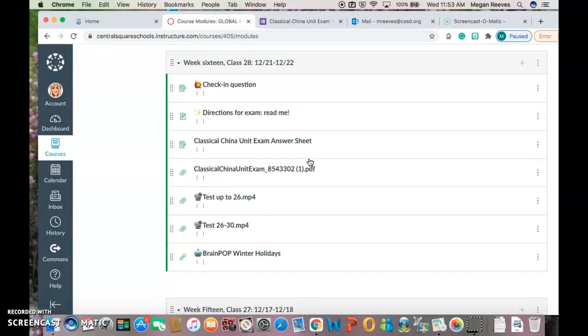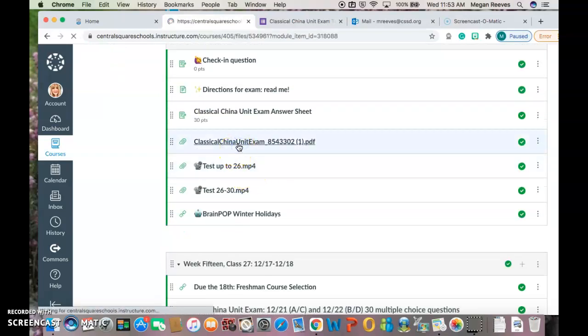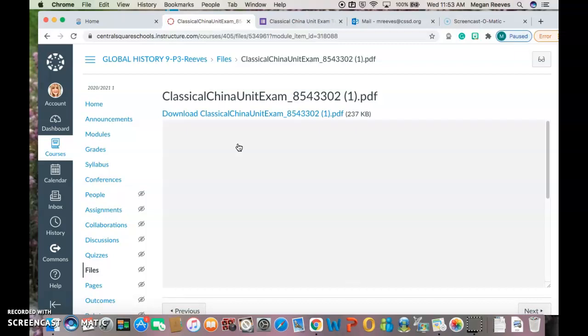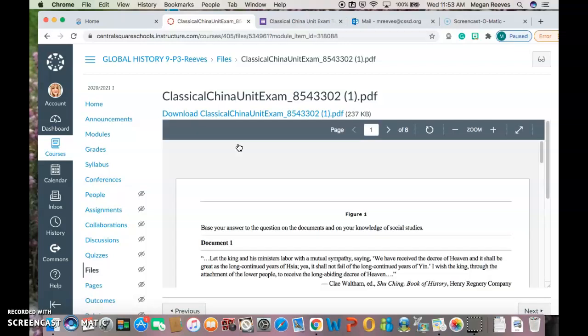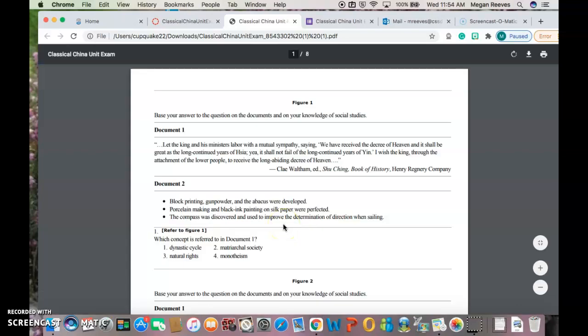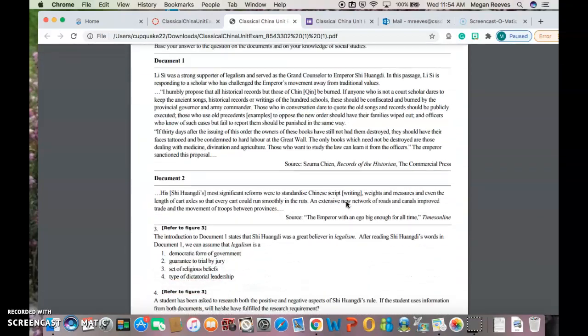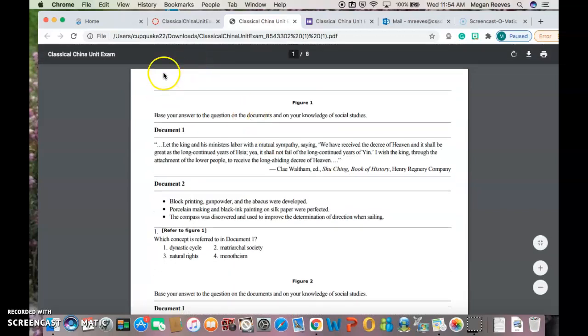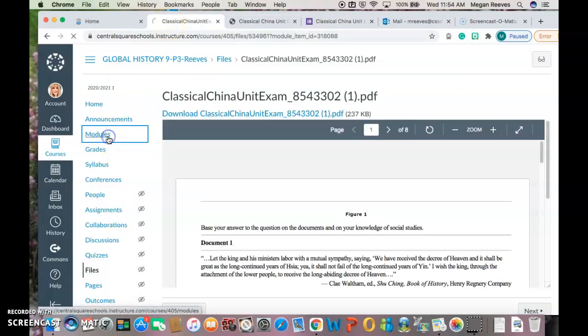So I'm going to scroll down. There's the PDF. All right, so what I need to do to get this into another tab is I need to hit this blue writing right here, download Classical China Unit Exam. I'm going to click on it. It will download, and then I'm going to click on it to open into another tab, okay? So I just did step 2. So now my last step